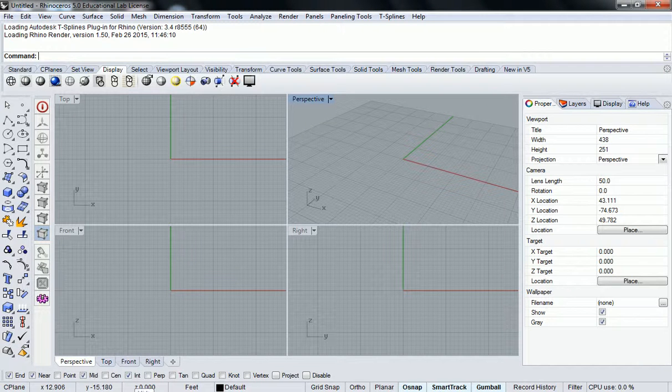Okay, so one of the things that we need to outline is what would be your requirements for the form and massing